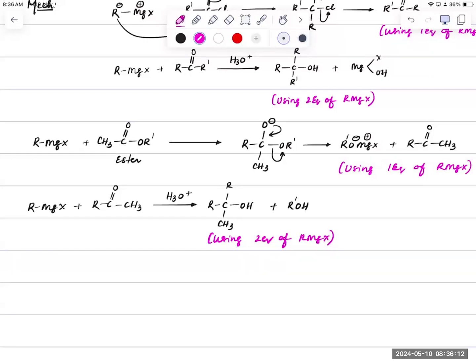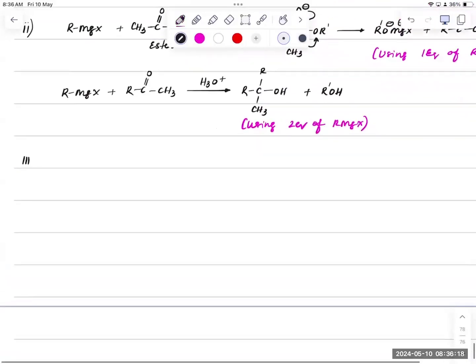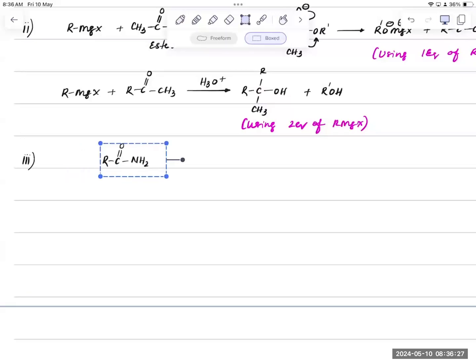I hope this point is clear, everybody. Let us see some questions here on this basis, right? First, let me complete all the acid derivatives. Suppose you have R C double bond O NH2, an amide, and on the amide we are treating with RMgX,